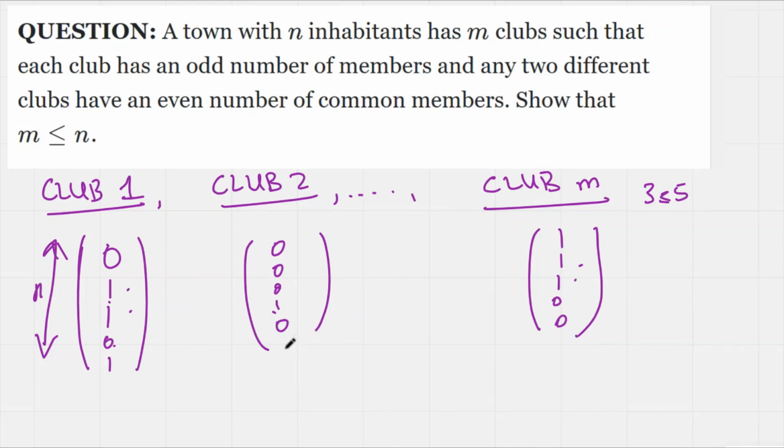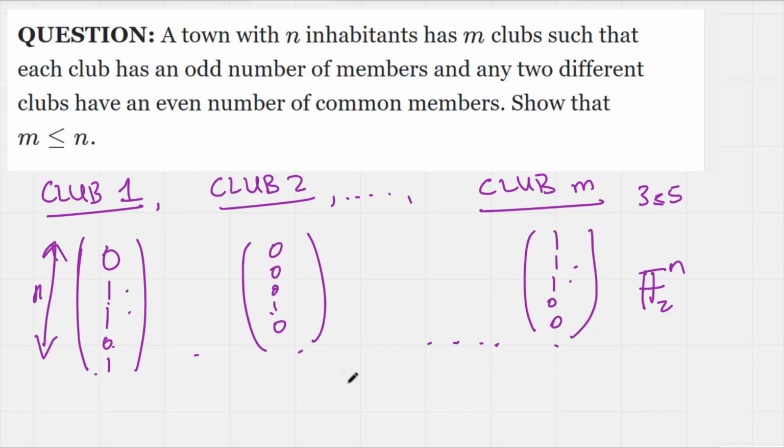The reason we wrote these vectors like this is because now we can think of them as vectors in F2 to the n, which basically means all column vectors where the entries are 0 or 1, and there are n entries. And now this is a vector space, and what's quite nice about vector spaces is we can think about dimensions. And in fact, that's what's going to give us our inequality, that m is less than or equal to n. Okay, so I'm going to make a claim, and that claim is that these m vectors here are linearly independent over